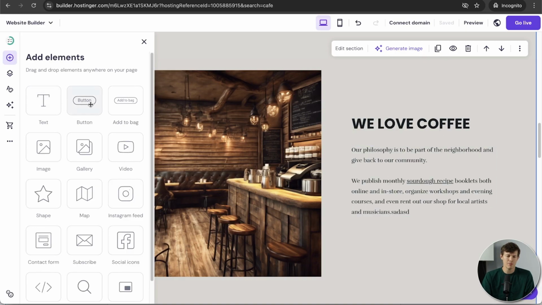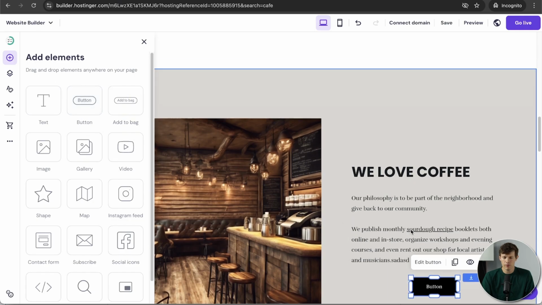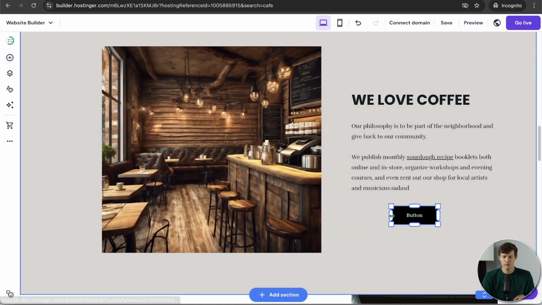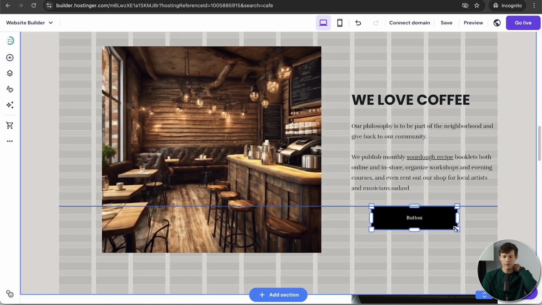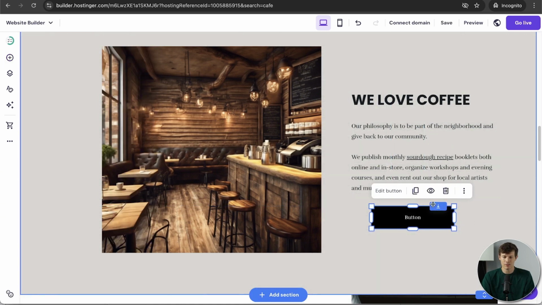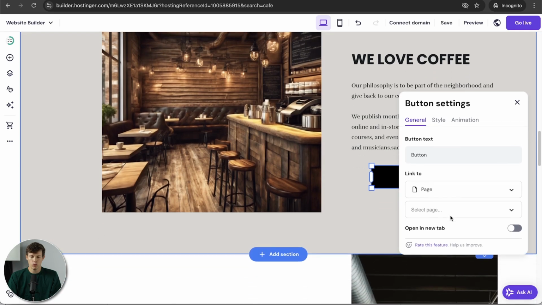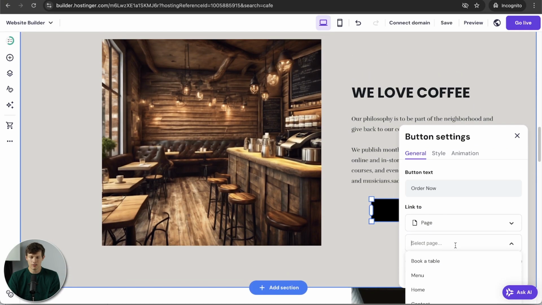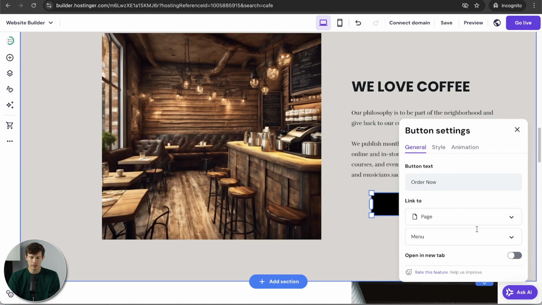But the next one is maybe a button. If we want to have a button in here, you can just click and drag this over, and we're going to drop a button right there. Now this button, of course, you could resize it, you can move it around. This is very familiar. I think a lot of people would be quite used to this format for adjusting this. If we double click on that, we can choose what it's going to link to and what actually says on there. So we could say order now, and this could link over to maybe our menu, for example,